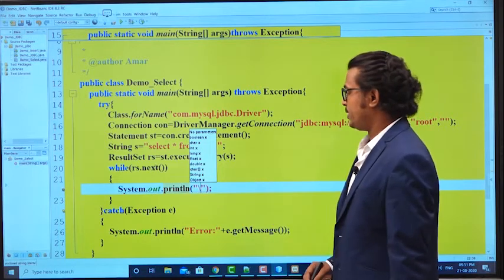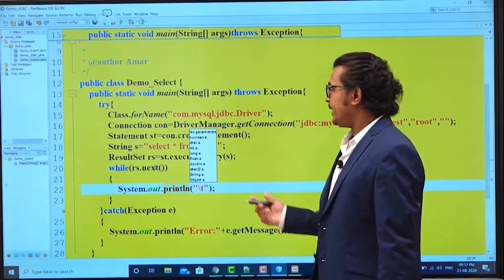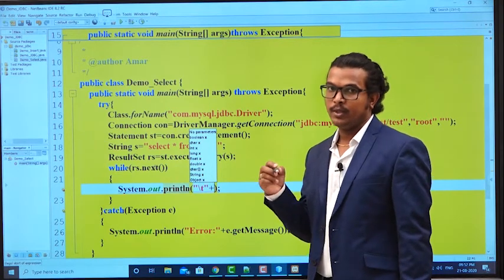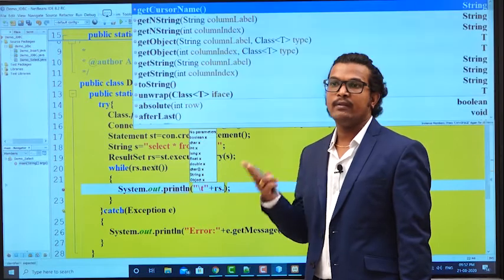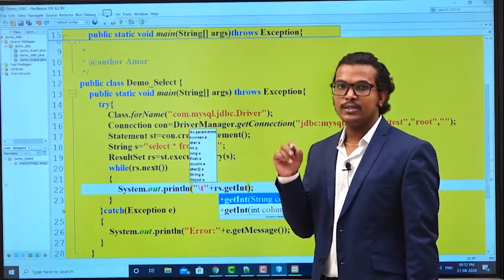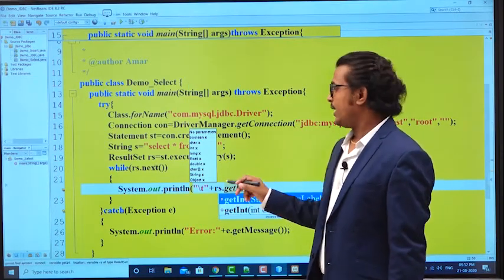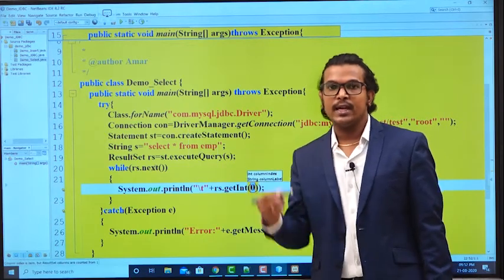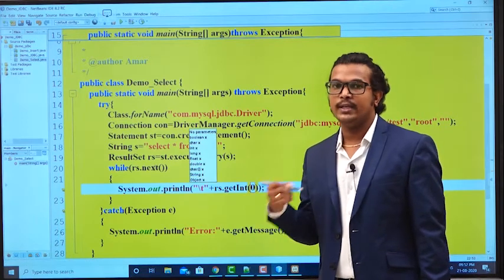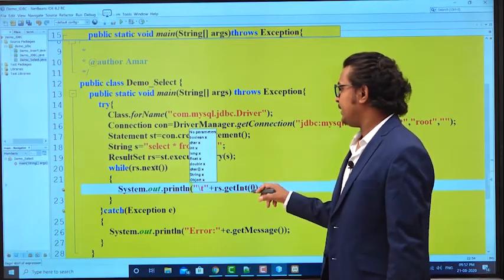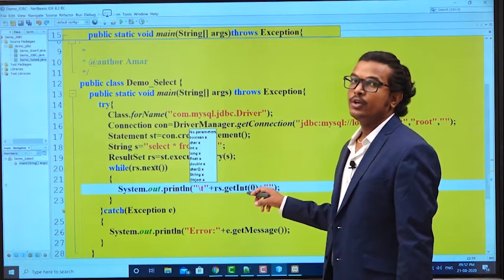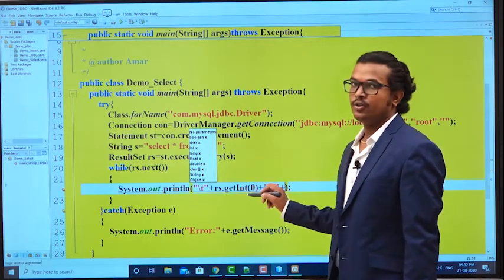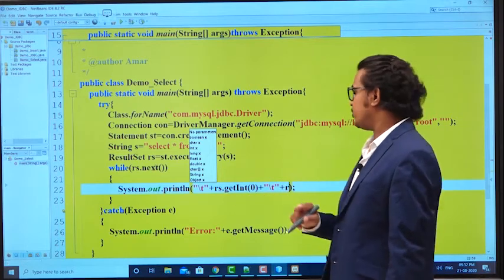For getting that particular information, we have to call that particular column number. How many columns are there? We have 2 columns. First column is 1 and second column is 2. So that number you have to pass here. The first column information is available in the form of numbers, so for that you have to use getInt. Not 0, here you have to use 1. By default it will come as 0, but here you should not use 0, you have to use 1.